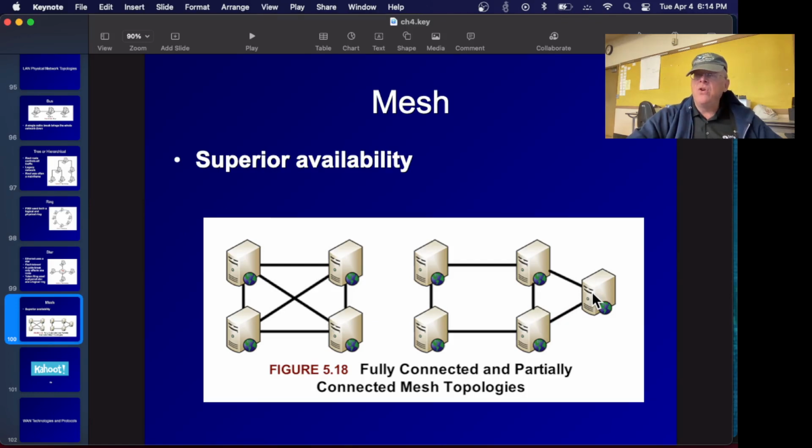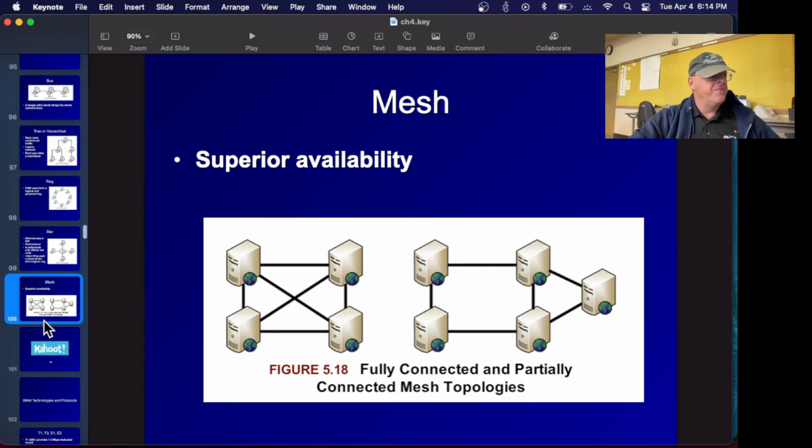Is the FDDI ring token only? I do not know if the FDDI ring used tokens. It's a good question. I've never heard that it does, but I've never used it. I've just read general terms about it. It's a very old network. The mesh is getting used a lot in the CPU. Inside a CPU, they use a mesh? Oh, for the bus? Because there's a whole bunch of cores. Oh, to communicate among cores. I didn't know that. That's interesting.